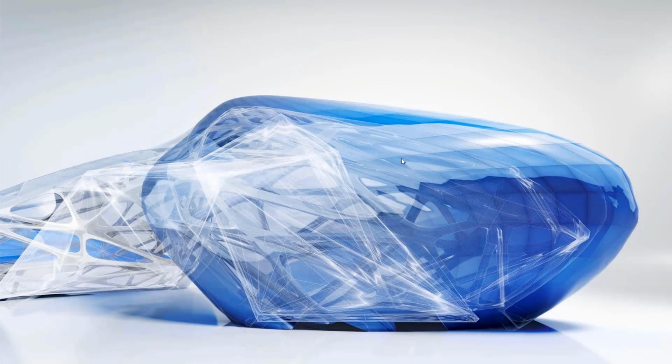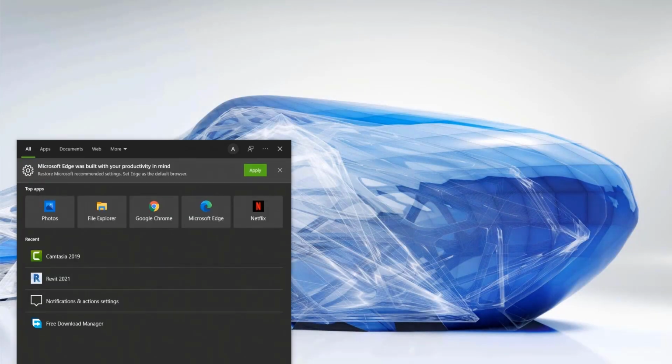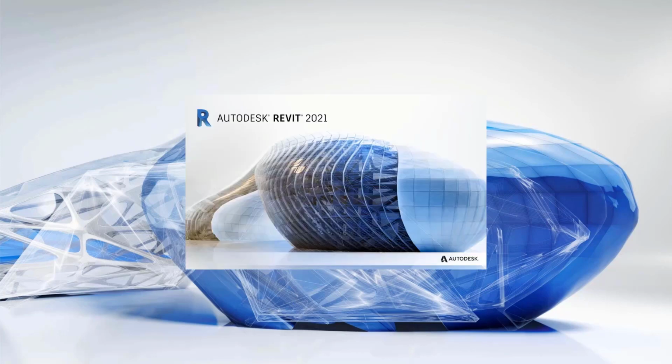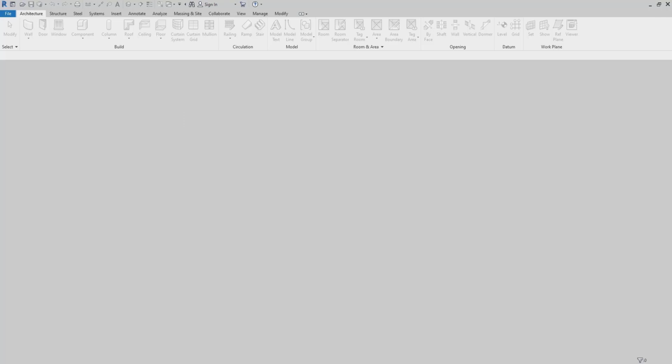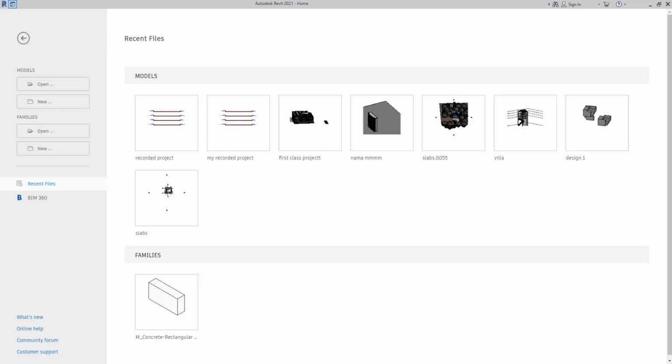In this video, we are going to open our Revit program and set up our templates. We are going to address which templates we need to work with and how we can find our templates if by any mistake they didn't download or we need to address them to Revit. And after that we are moving to work with our interface and we are going to set up our basic